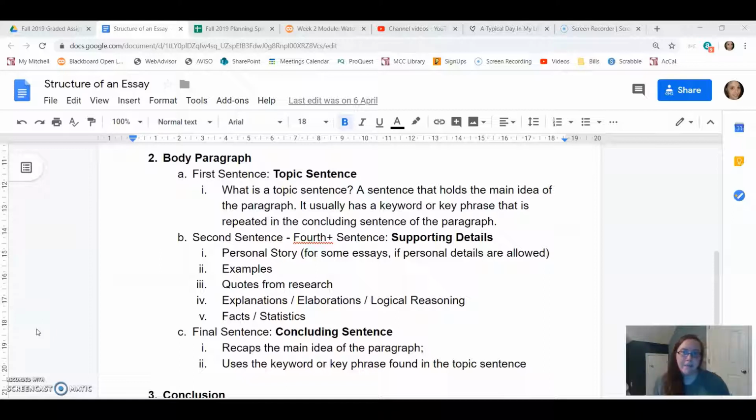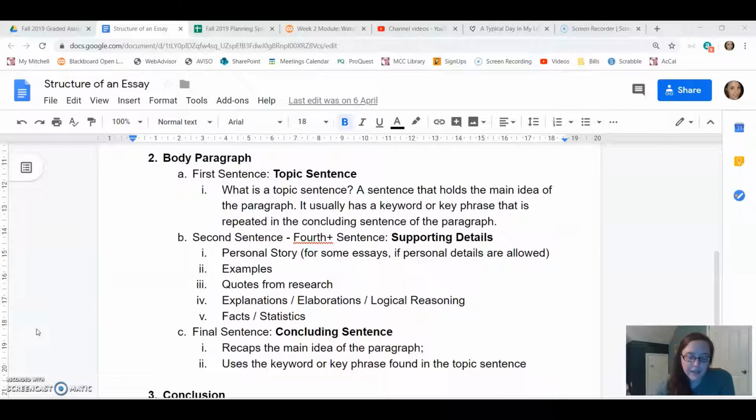I can give examples of the type of music I'm talking about. I can provide bands or even specific songs, and I can elaborate on that. What if my reader doesn't really understand what angsty emo music means? I give a couple of examples, but then I might want to describe to them how the music sounds. The other thing that I can do is provide personal stories. My reader might be wondering, how did you come to even listen to this type of music? And I could provide personal stories from, say, my high school days, where this music was more heavily involved in my life, even more so than it is now.